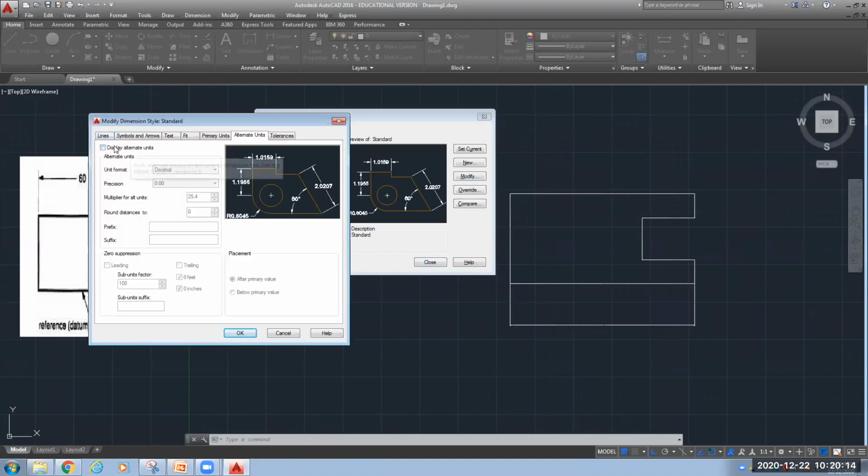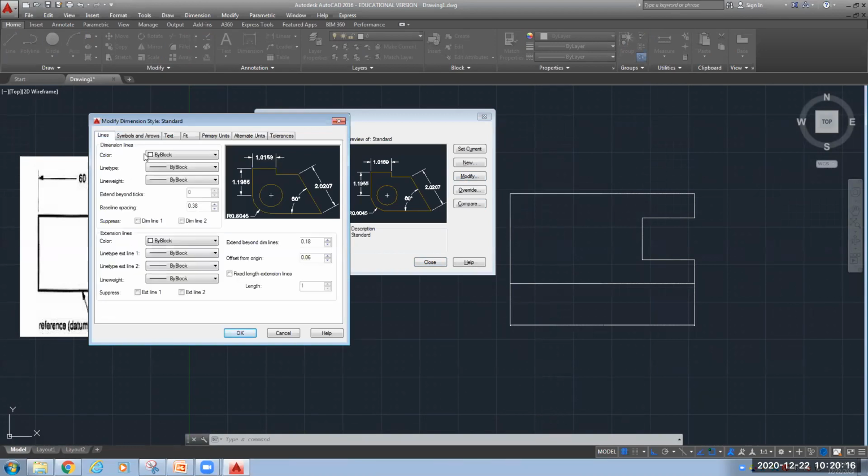Start with the first tab, that is Lines. I will change the color for proper visibility of the dimension line. The line having the arrow is your dimension line, and this white line, as you can see, is your extension line.